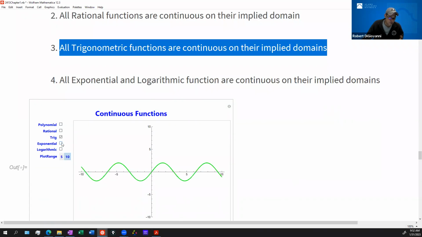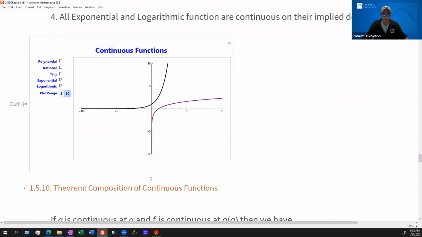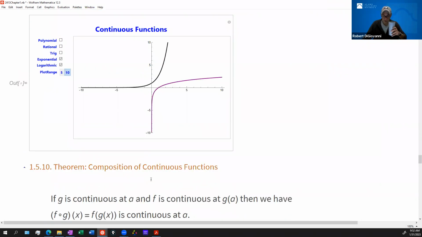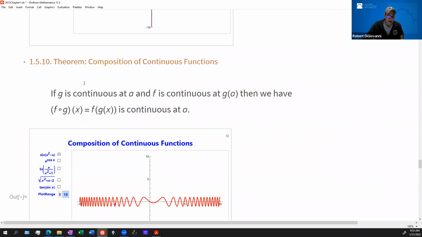And then exponentials and logs. There's an exponential function. You can draw it without picking up your pencil. And there's a log function. You can draw it without picking up your pencil. All right. We're almost to something interesting here. This other theorem says that if you compose